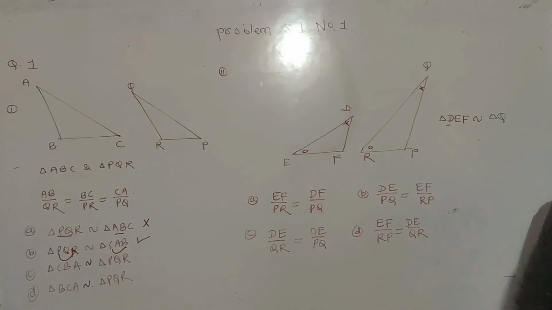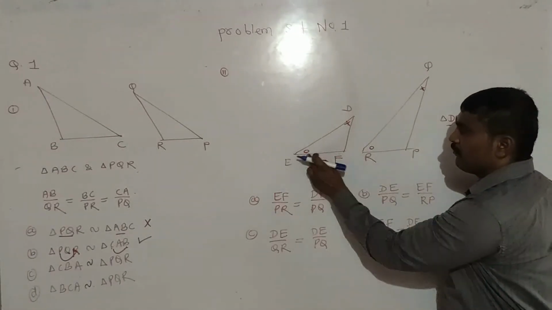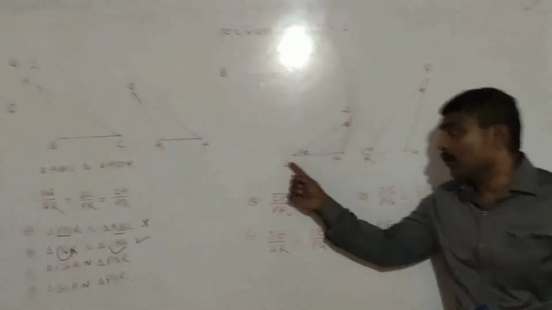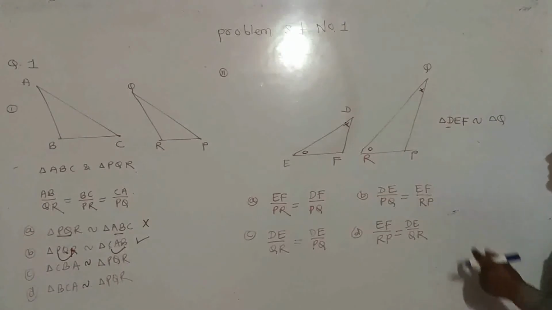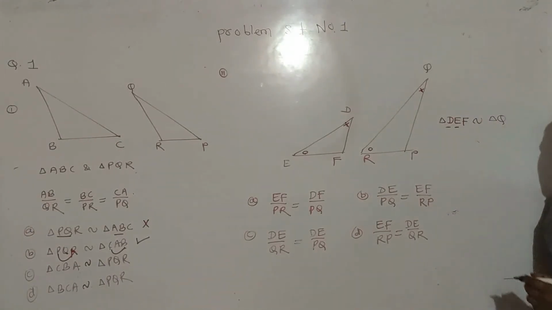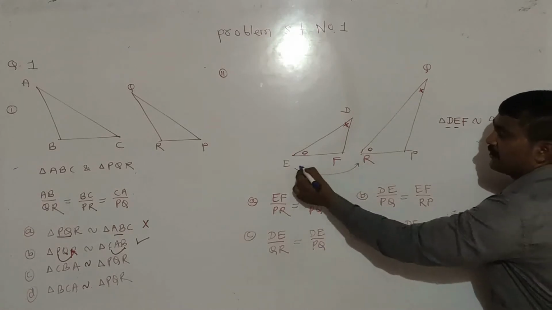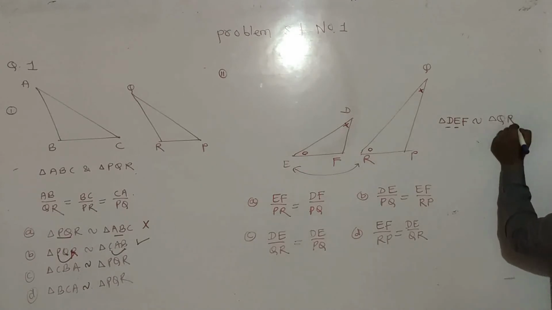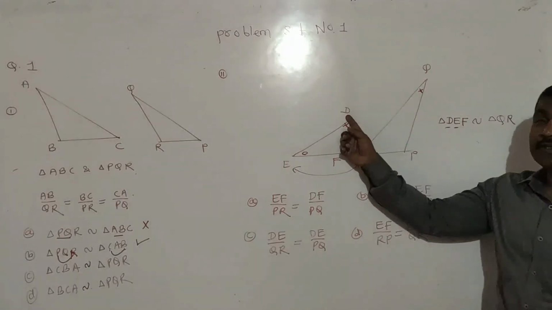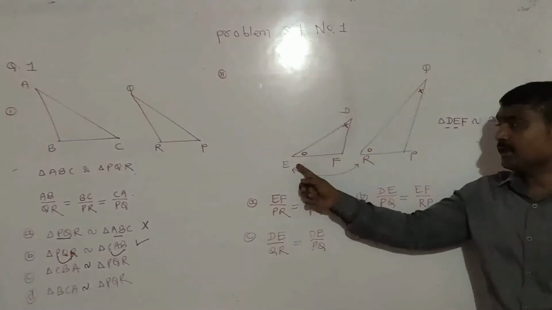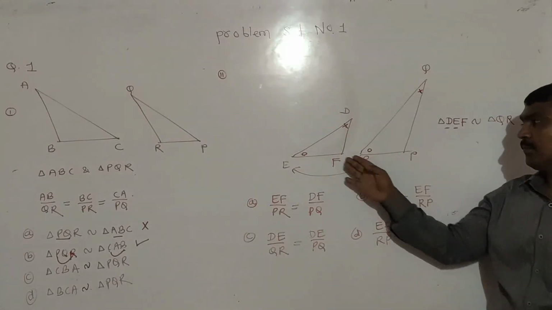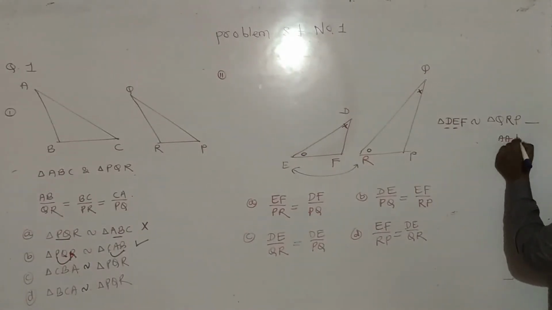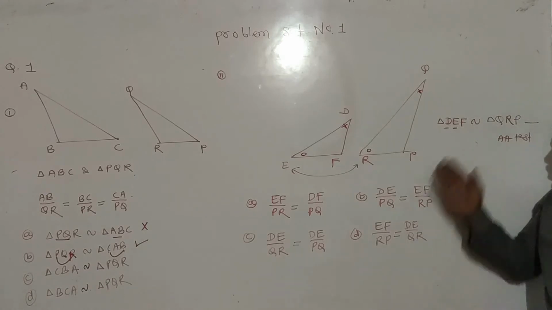Okay, now check. E and R both are represented by the same symbol. That means the corresponding angles of E and R are the same. Where is E written? E is written at second, so R should be at the second. E का corresponding angle R है, so E की position second पे है, so R should be at the second. So write R. Understood? ये देखो, D is at first, so write Q at first. E is at second, so write R at second. So here is the third vertex, so write P. P is the third vertex. The reason is the AA test of similarity. Understood? So the order is completed.